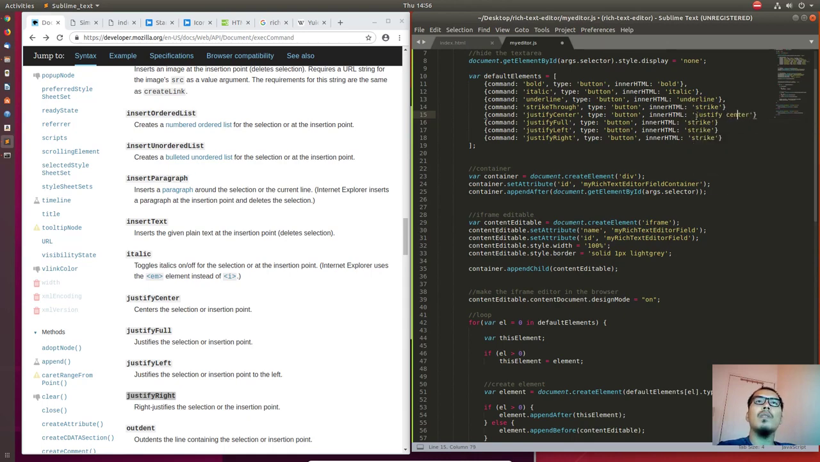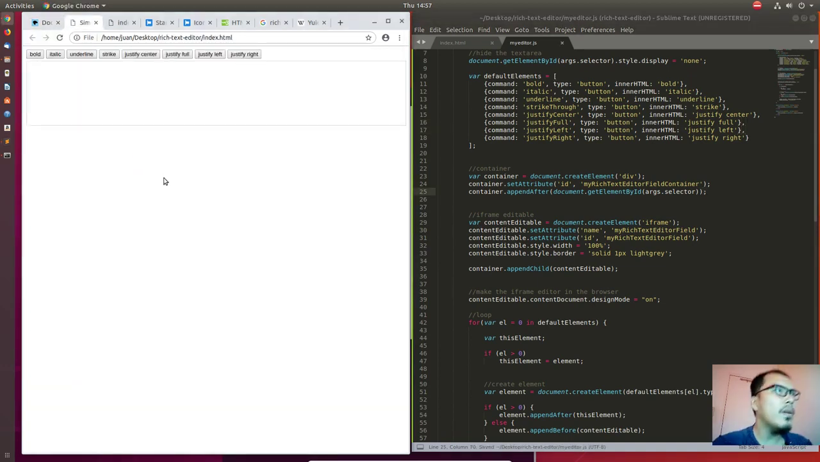Center, and then this one we can use full. I think the full is, I'm not sure what's full. Yeah, it is the justifies the selection or insertion point. Full, and then we have the left and we have the right, and of course don't forget the comma, that will throw an error. Then we need to refresh again. Alright, so we have 1 2 3 4 5 6 7 8